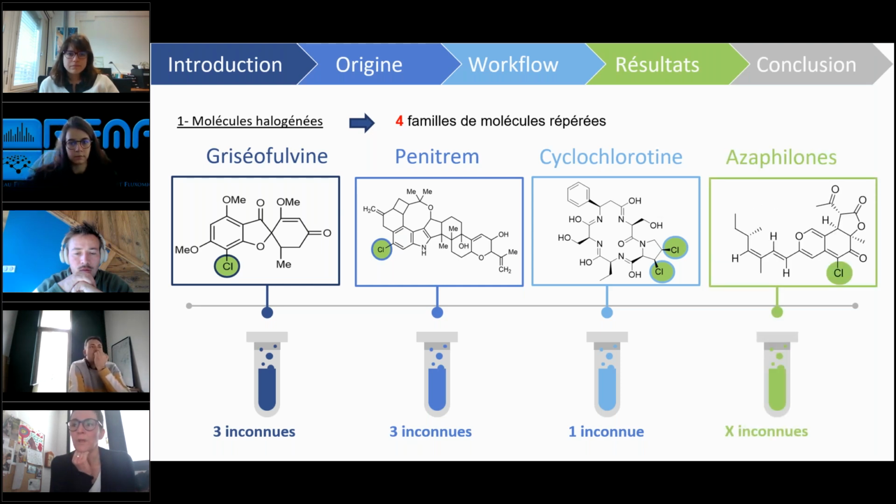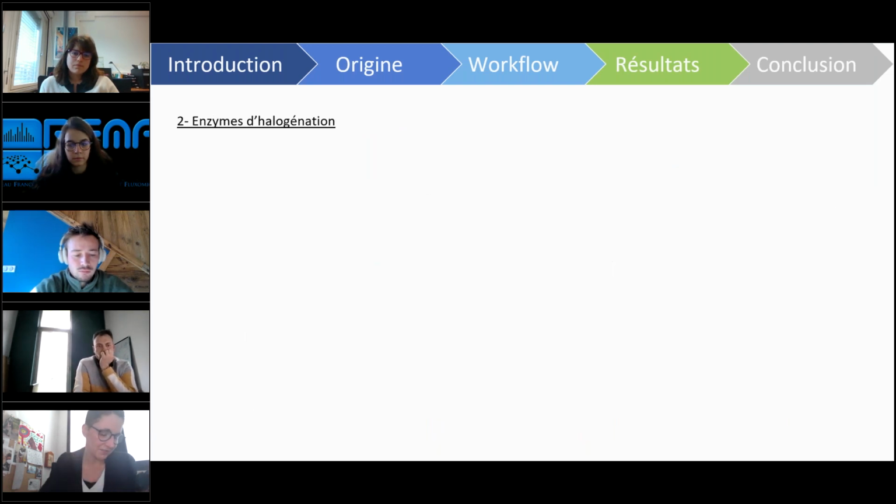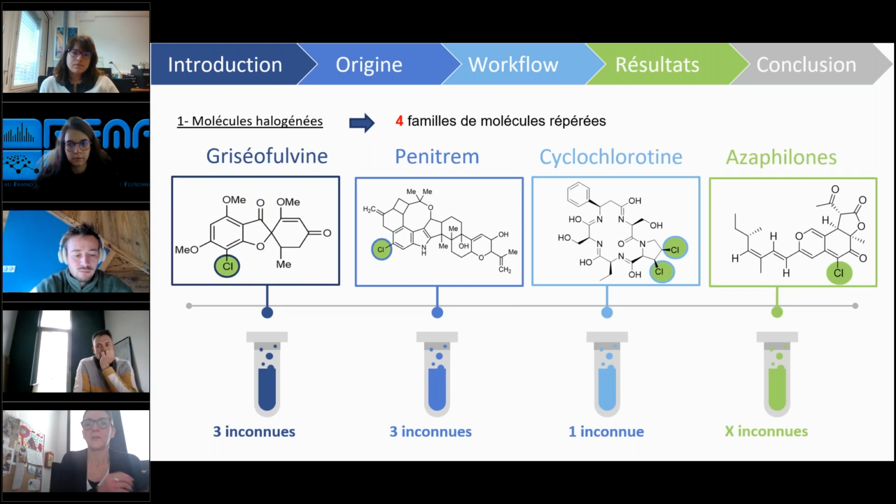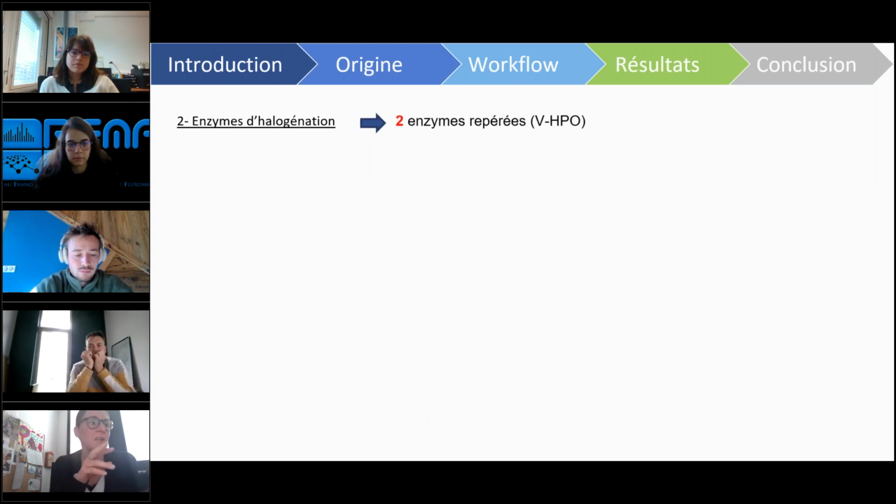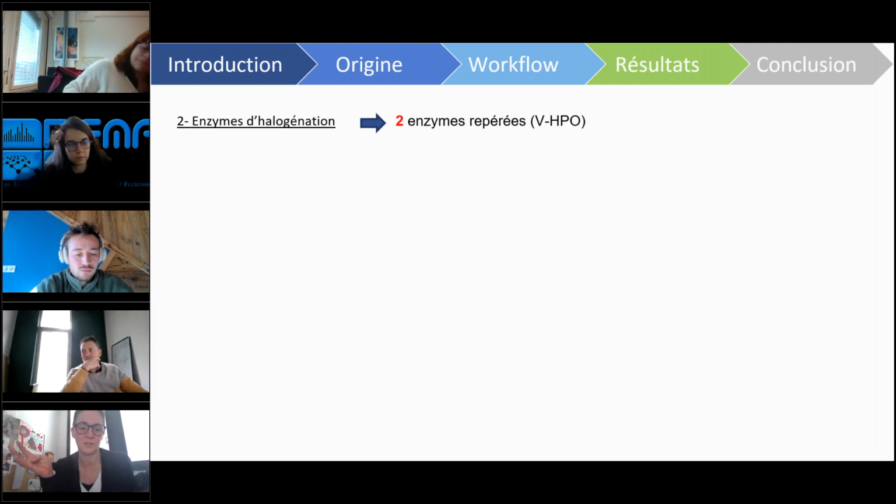And finally, we had one strain which was a very high producer of azaphilones. And here I didn't even give you a number because there were quite a lot, and it's not finished yet, I would say, to analyze all the data on these azaphilones. So interestingly, we only investigated 8 strains, and we still have 4 different families and different unknown compounds. So now the work is to go further into the purification and structural elucidation of these compounds.